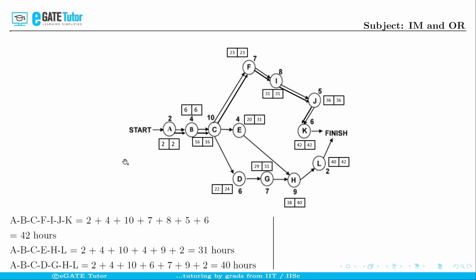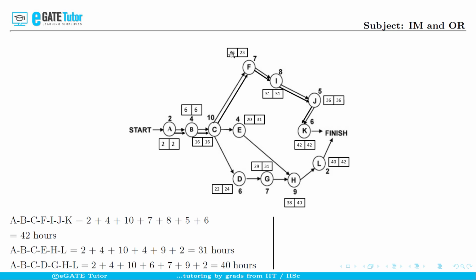We know that every process starts at time 0. From 0, the time taken by activity A is 2 hours. So 0, 0 will be added up with 2 to get 2 and 2. And remember that for all the activities on the critical path, the earliest start time and latest start time will be same. Okay, that is how we can say that float and slack on the critical path activities are 0. So making that at point, the time taken by duration A from start will be 2 and 2, and since duration for B is 4, adding up 4 for these two will give us 6 and 6 and so on, and you can find out that the earliest start time and latest start time for all the activities on the critical path are same.